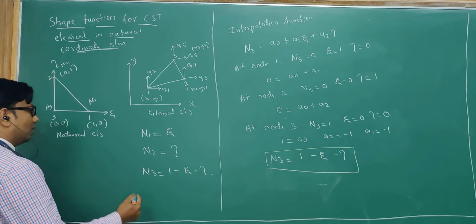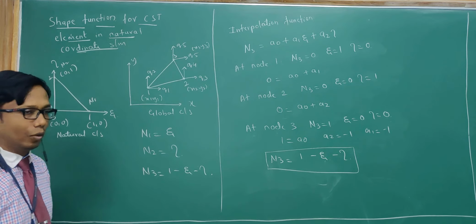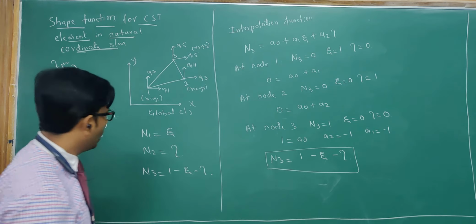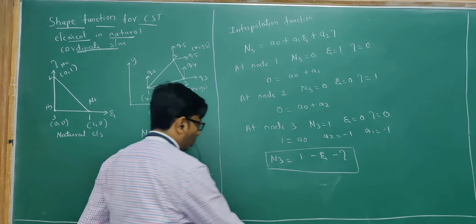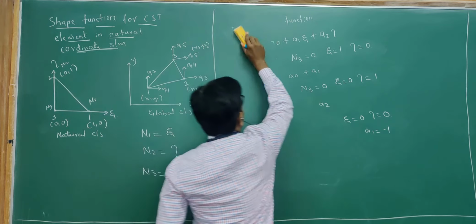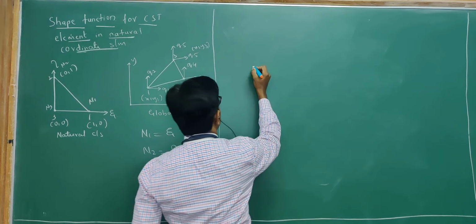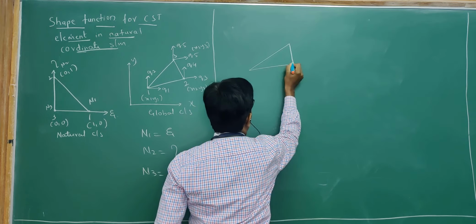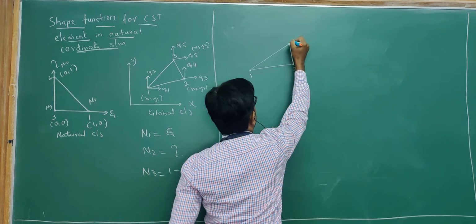So these are the three shape functions we had to find out. Now we are showing the variation of these shape functions. Just see how, with respect to this particular element, the variation will take place. So first for n1 we will write it out. I will just draw this element. This is an element. This is the first node, this is the second node, and this is the third.